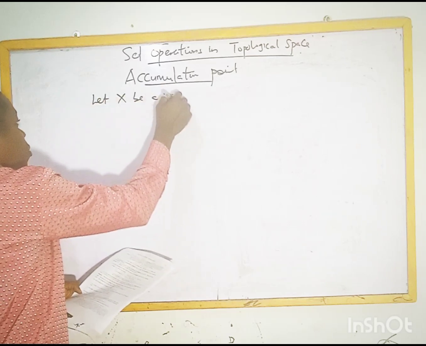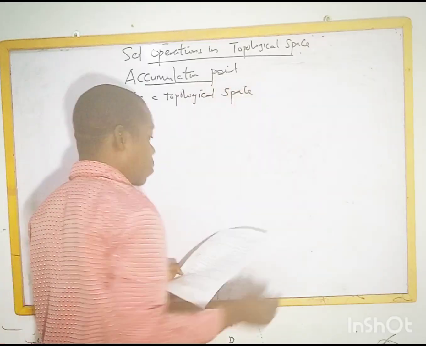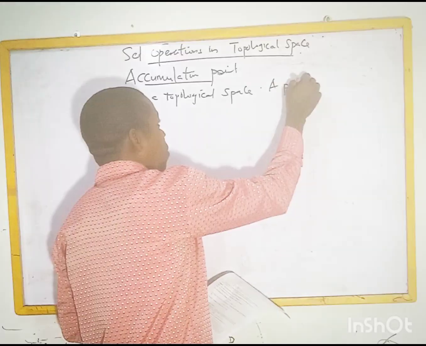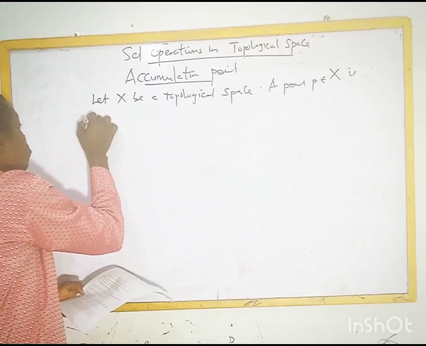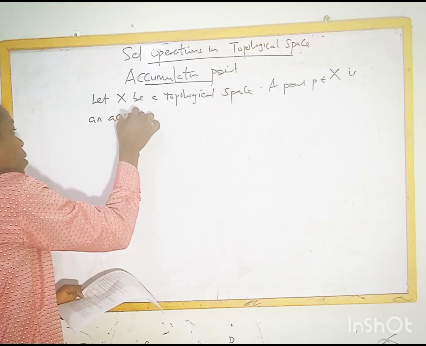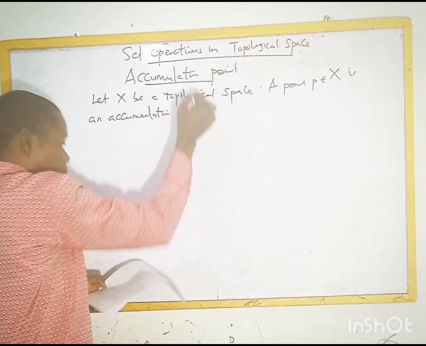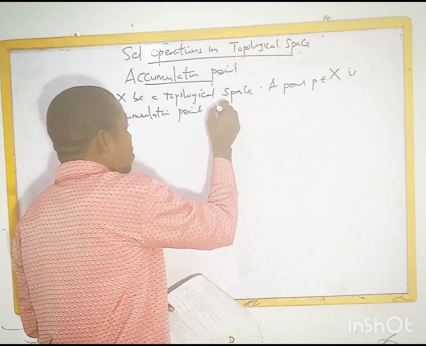Let X be a topological space. Then a point P in X is an accumulation point of a subset A